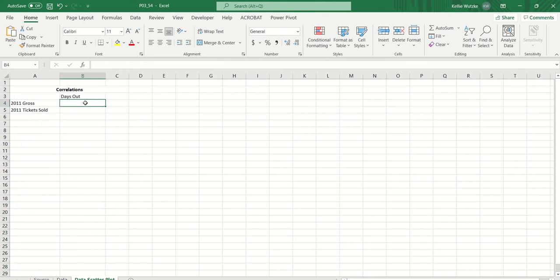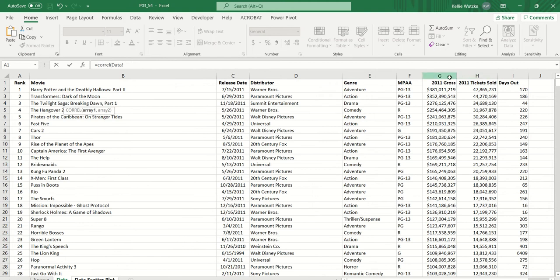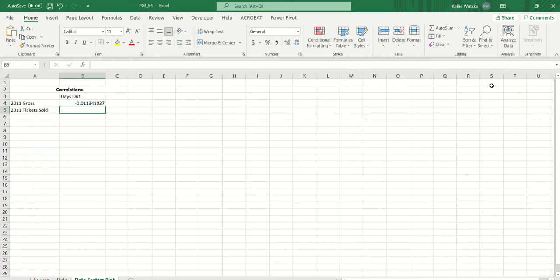The first thing we needed to check was correlations. So to do this, we use the CORREL function, or correlation function, and we choose our two rows. So we want to first look at gross pay and days out. So gross profit, and then comma, and then I'm going to select the entire column of days out and finish that and hit enter. Okay, and then I'm going to do the same thing to check my correlations,